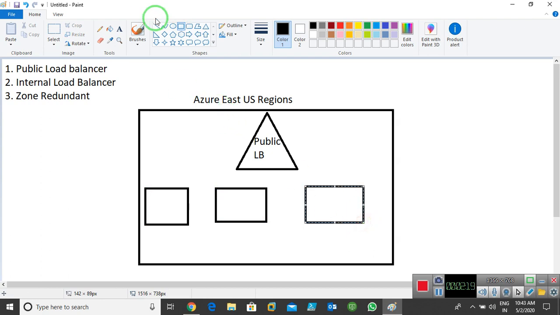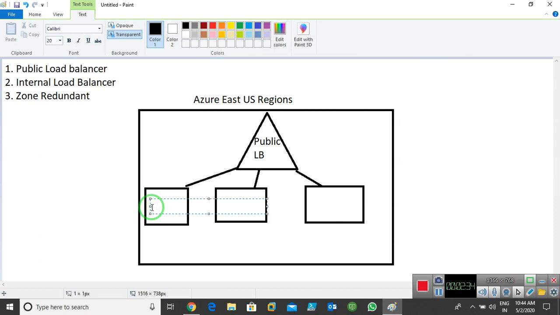This is what we can do in a public load balancer. I hope you already know this because we already discussed these things in my previous videos. So with the help of the public load balancer, we can divide the load across my multiple VMs.